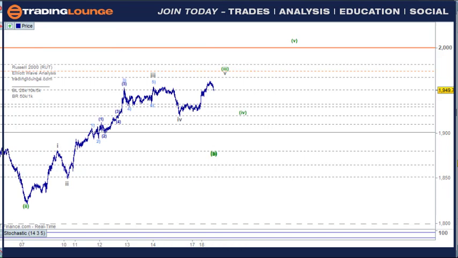The Russell looks like it also needs to push up here for a little move up, and then have this ABC pattern like the other markets, and then wave 5 up here. So this will be a bit of a game changer. I wouldn't really get involved in any of this until we get over here and start building